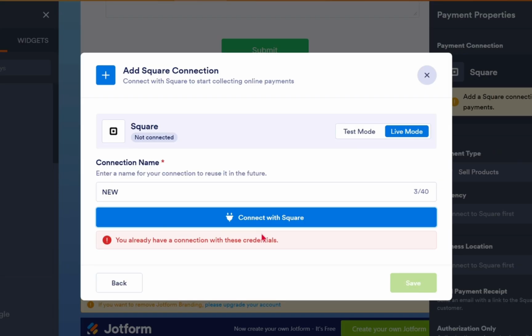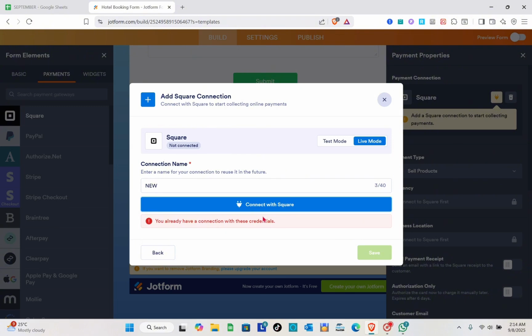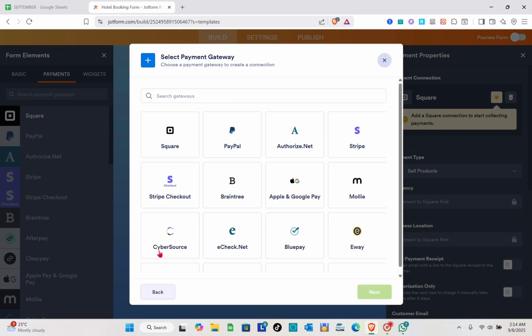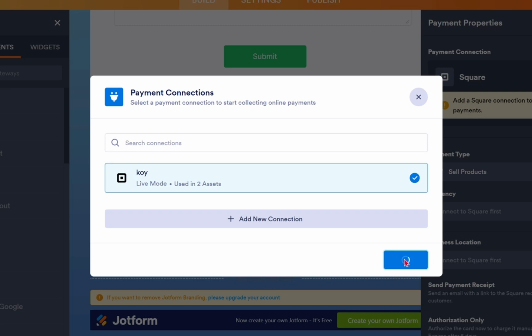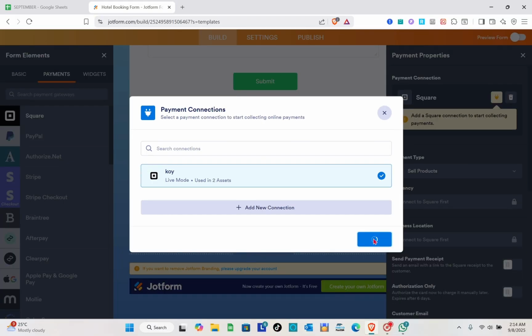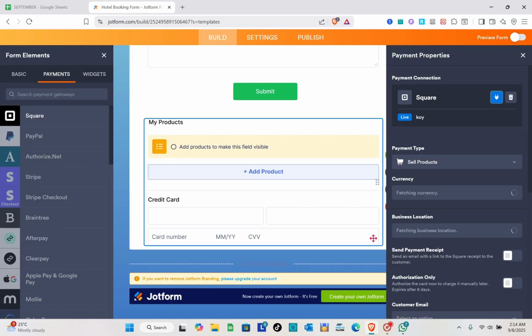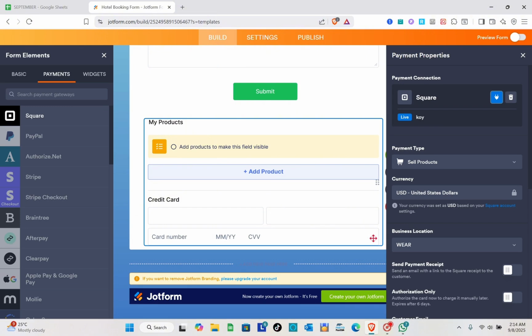we just have to log into our Square account. Let me just go back here since I already connected my account using my Square account. So what you're going to do now is just simply click on this one. To add your Square account, you just have to click on it and then log in. You'd be able to see that option once you click on it. Once you have connected your Square account,